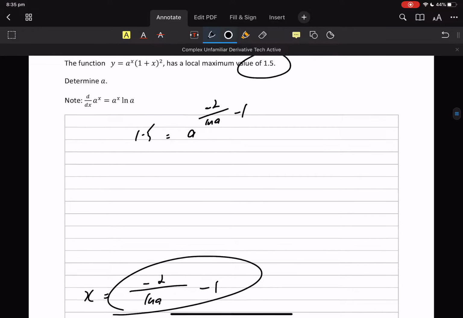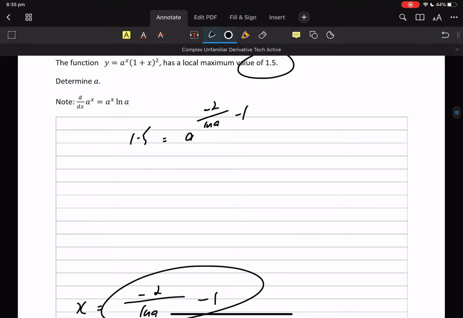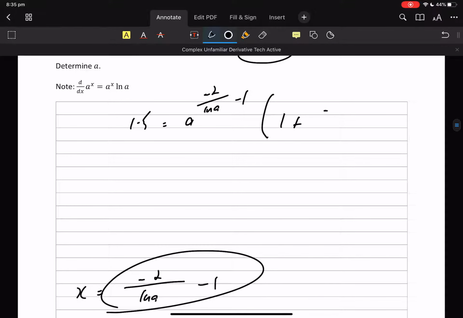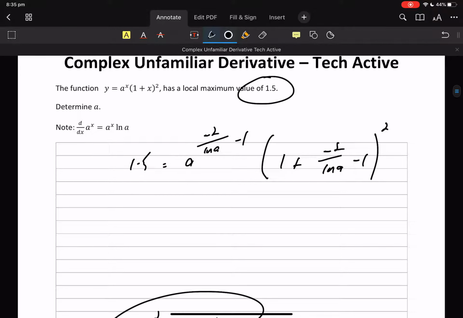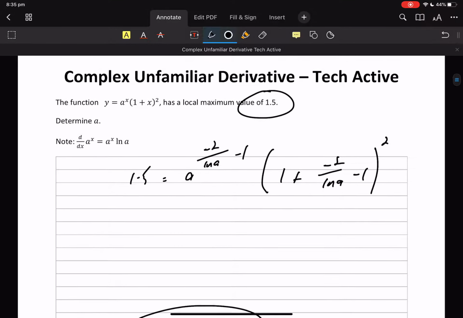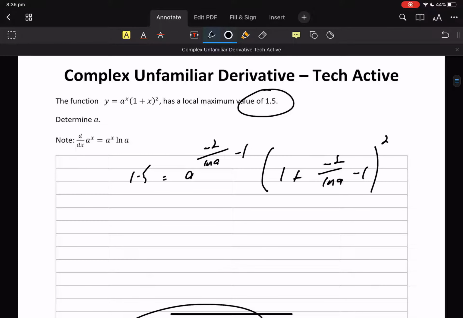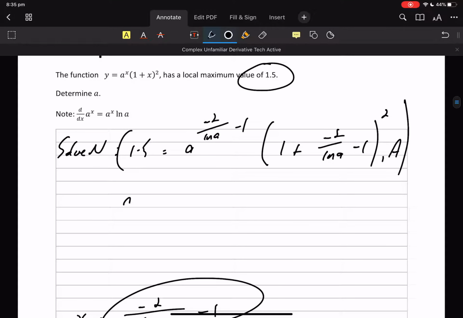That's all in the power, 1 plus the x, which is -2 on log a, squared. Now this is a tech active, so we are just going to solve that baby, and we're going to solve for a. And you should get a equals